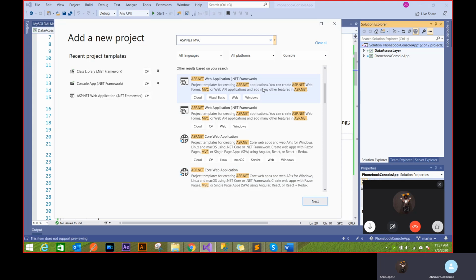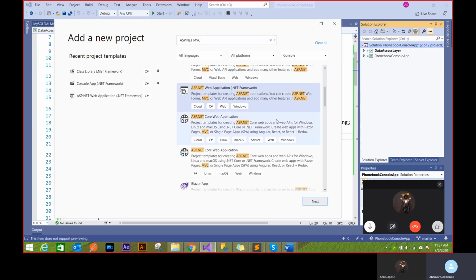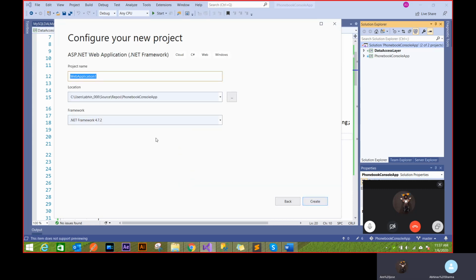So we want to create a web application which is on .NET Framework and which is on C Sharp. I don't want to use Visual Basic. This is something that I'm targeting. And I don't want to create an ASP.NET Core application. That's a different thing altogether. That's why I always say that ASP.NET Core and .NET MVC web applications are totally different frameworks. The same thing that's running here won't directly run on Core. So that's a different project altogether. So we want to work on this one. So we'll do this. Select, and I'll say phone book UI app.